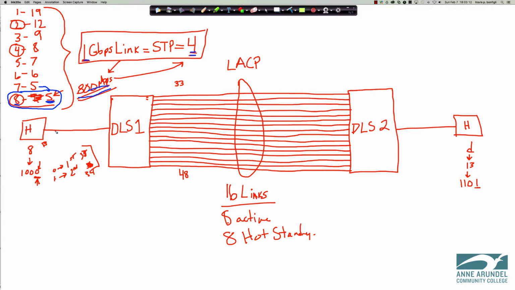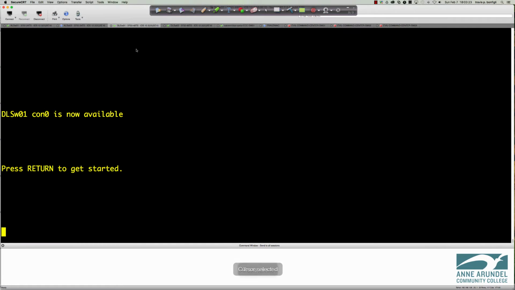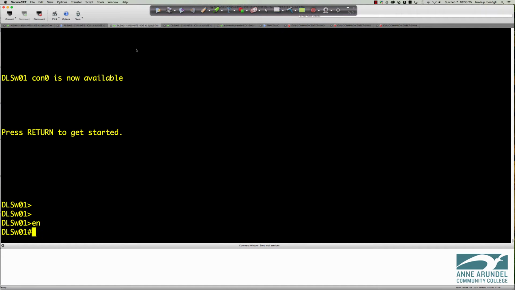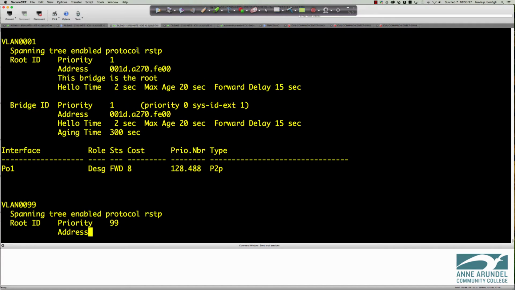All right, so here's how we're set up. We have a host over here, and we have a host over here. We've got 16 links, so let's get started. Let's dive in here on the command line, and if I were to go into privilege exec and say show interfaces trunk, what do we have? Well, we have one port channel, it looks like, that we've already configured. Let me say show spanning tree, and I believe,